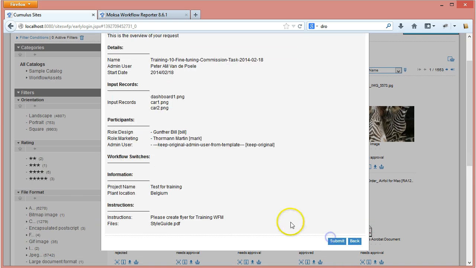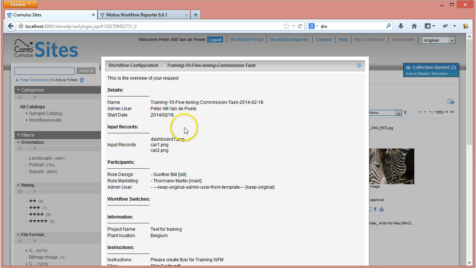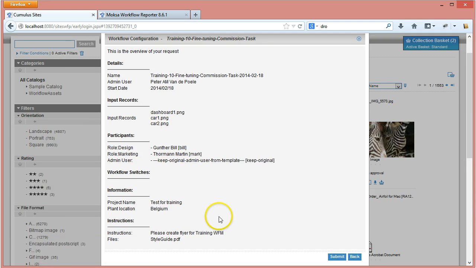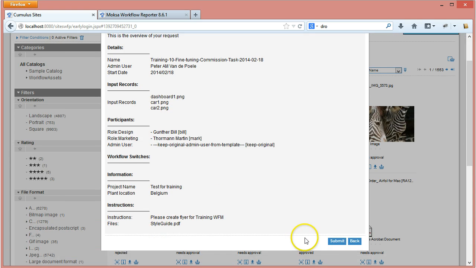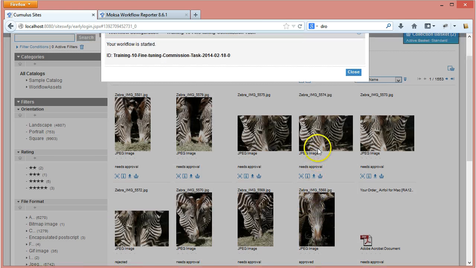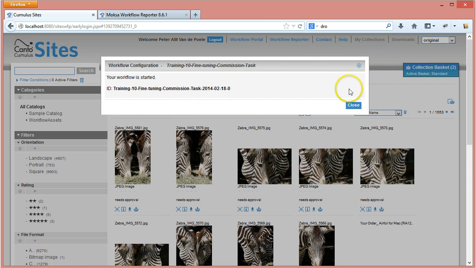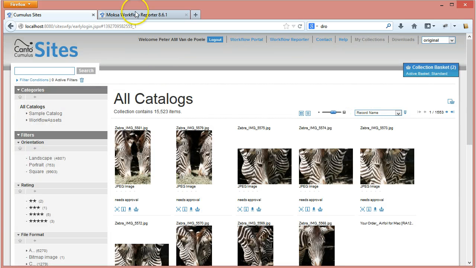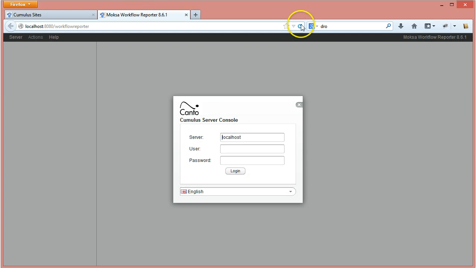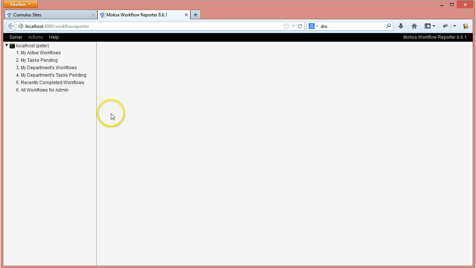And now I can click on save. I can still see all the information that I added, so I can have a quick look. I'm submitting, and there the workflow is started. In a few moments, the workflow will now give me access, give me an email notification of this task, but I can also have a look in the workflow, where in the workflow I can see